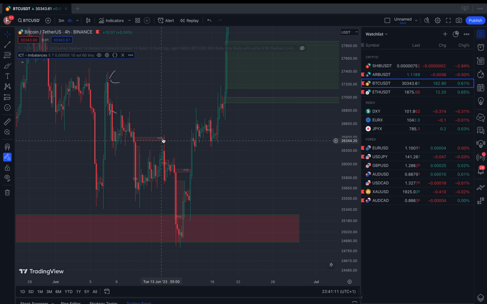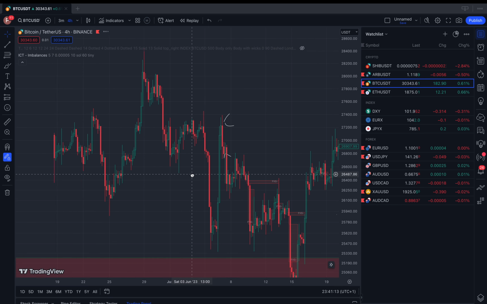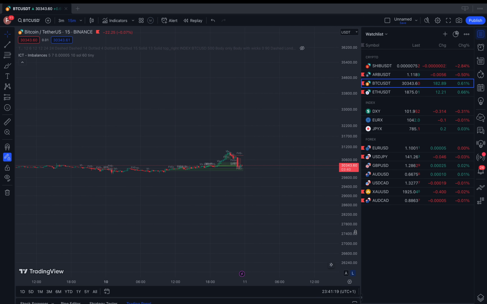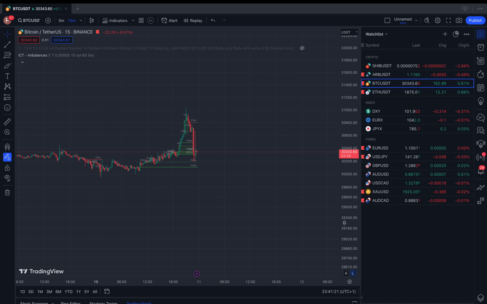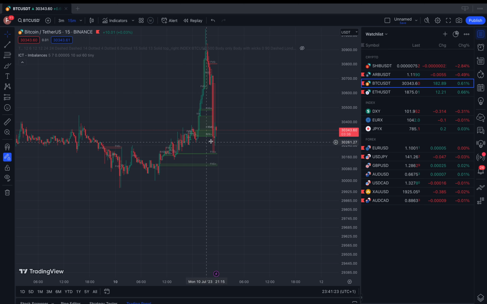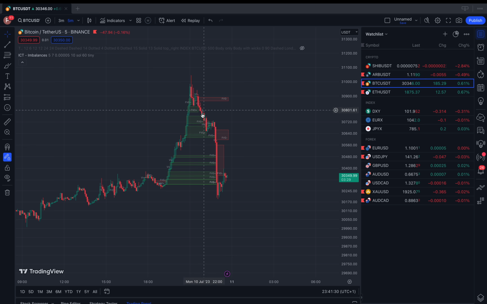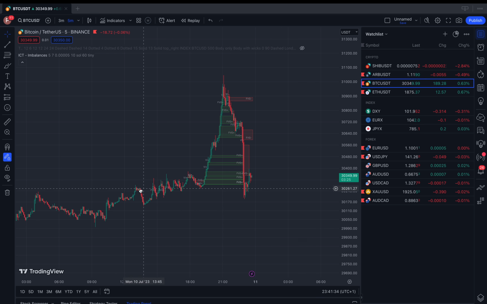Like this would have been a great one. It literally wicked into the FEG and came down. That's as far back as we'll go. But even if you go in short time frames, you can see it. You're not gonna get a whole lot because the indicator doesn't go far back. But I mean, all these were taken. So maybe a better example. Now it'd be interesting to see how high Bitcoin goes now after these have been created.